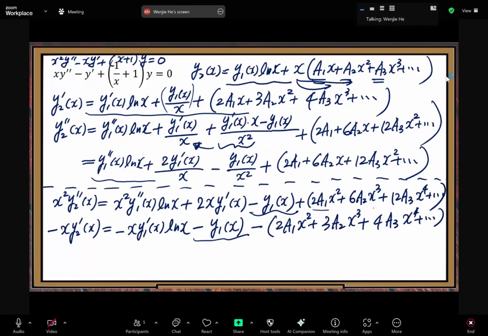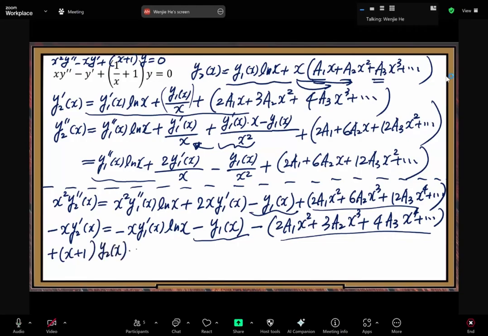You can see these two parentheses can be combined, right? Oh, subtraction, even better. All right, so the last part, plus x plus 1